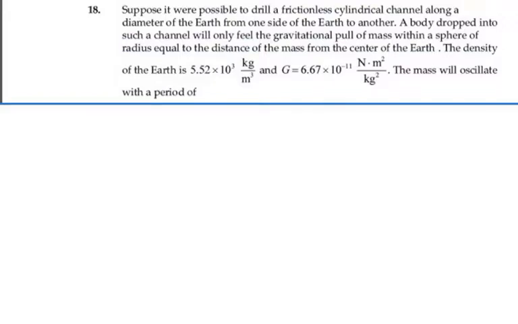Here's problem 1518. Suppose it were possible to drill a frictionless cylindrical channel along a diameter of the Earth from one side of the Earth to another. A body dropped into such a channel will only feel the gravitational pull of mass within a sphere radius equal to the distance of the mass from the center of the Earth. The density of the Earth is 5.52 times 10 to the 3 kilograms per meter cubed. G is given. The mass will oscillate with a period of...